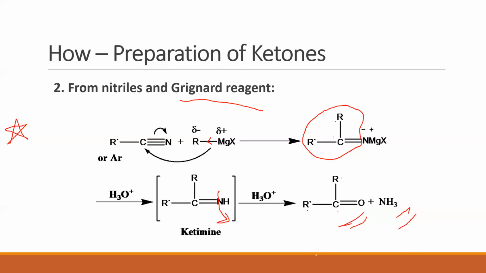Clear? Now this is one of the reasons why you should know the names of compounds and their structure. The moment I ask you to prepare acetone, if you do not know the structure of acetone, you're lost. You don't know what to write. You keep writing anything under the sun when you are trying to write this reaction. So that's the reason why I kept telling you the nomenclature of compounds is extremely crucial. You need to know how to write a structure from a name, and from the structure how to write its name. Clear? All right.